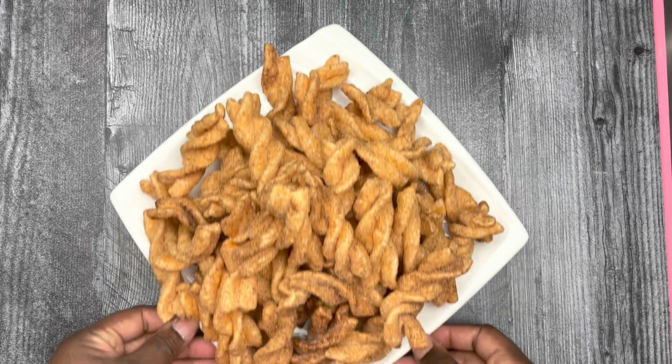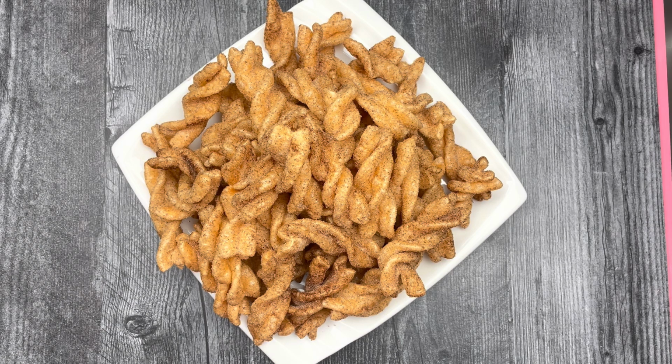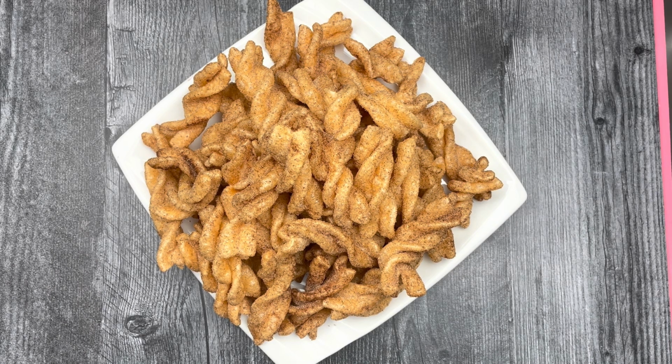So there you have it, you guys. Homemade cinnamon twists. You know, if you ever went to Taco Bell and they told you they don't sell these anymore, well, here's your chance to make your own, and you will be able to get the supplies listed